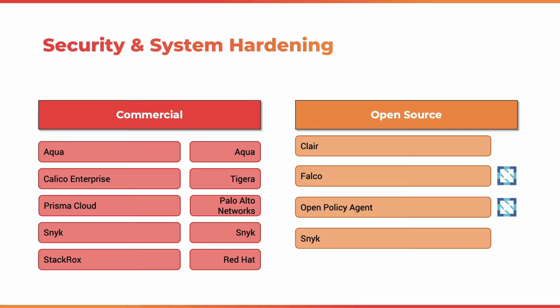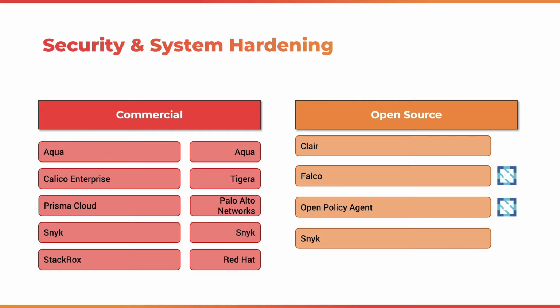So there are many commercial entities. This space is just exploding. Security is a very important aspect for cloud native. And as you can see, there are many companies. StackRox is one of them, which got acquired by Red Hat recently. Aqua is a very popular security company that is providing a variety of tools and variety of best practices for customers to run secure workloads.